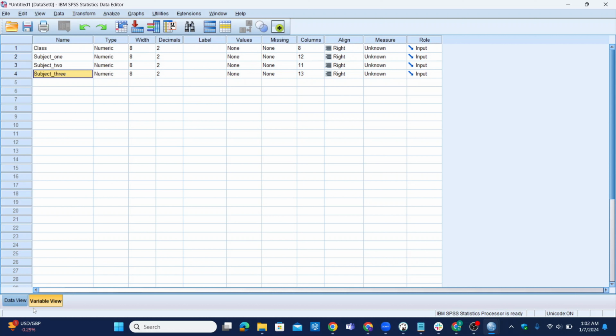I want to explain certain things that are very important when it comes to defining your variable. The first thing is all of these are values. So when we come here under measure, we have different options. First thing is scale, ordinal, and nominal. So there are different measures in which you can define your variable. Quickly, scale represents numbers. It represents a value that is continuous, like scores,